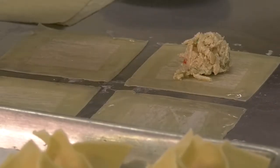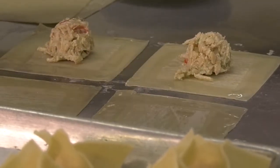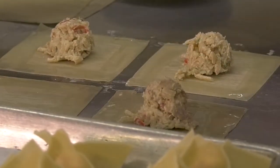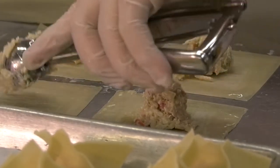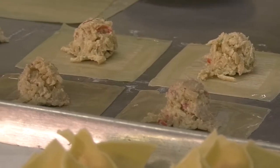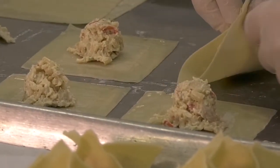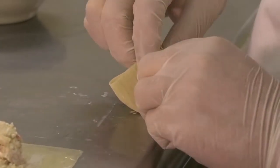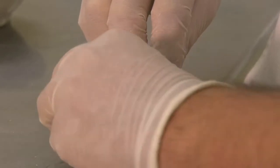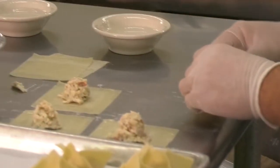So what he's doing right now is taking the crab mixture, which is cream cheese, crab meat, and some seasonings. We're going to put it in the middle of the wonton, and then he's going to make some stars. The key to this is you got to make it nice and tight to seal up so when we go to cook them they don't burst open. So the idea is get them nice and sealed tight,